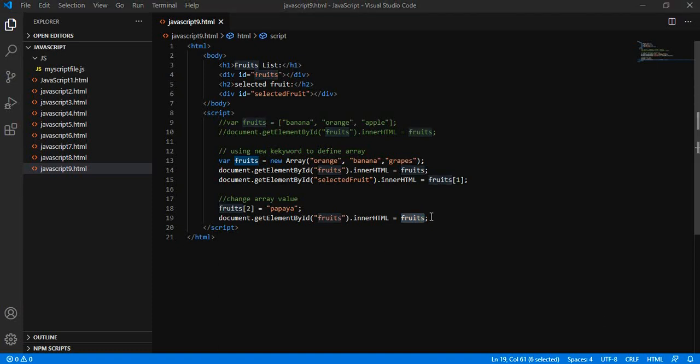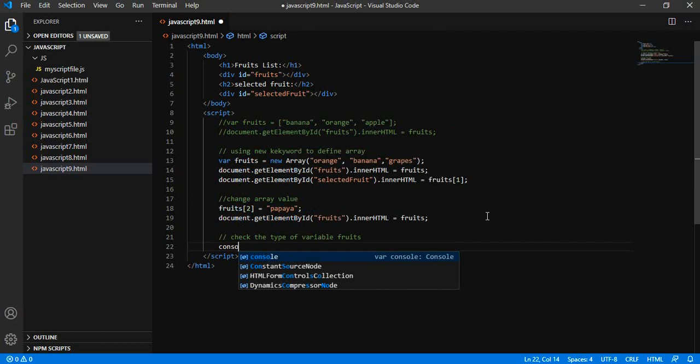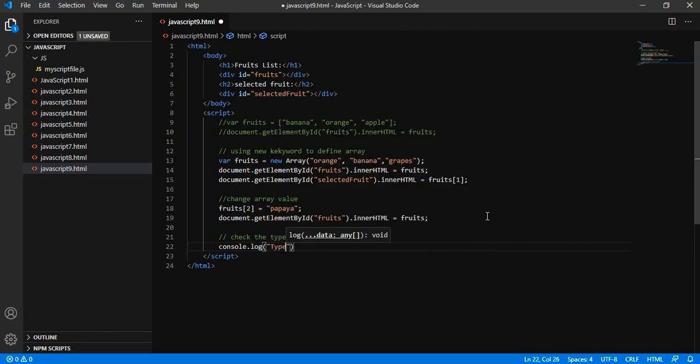Let's see the type of the array. Let us see what it will print in the console.